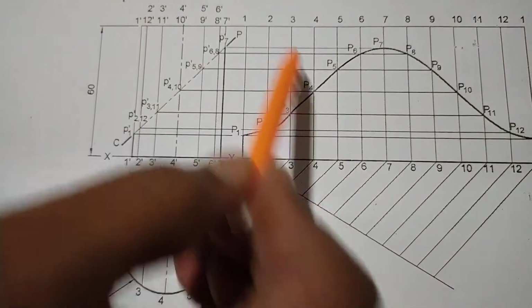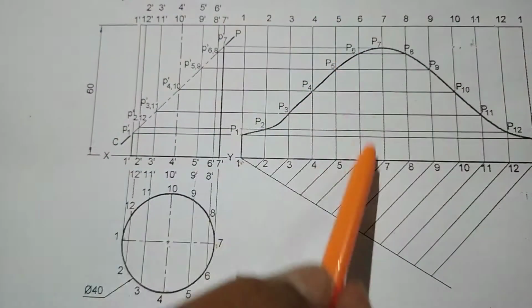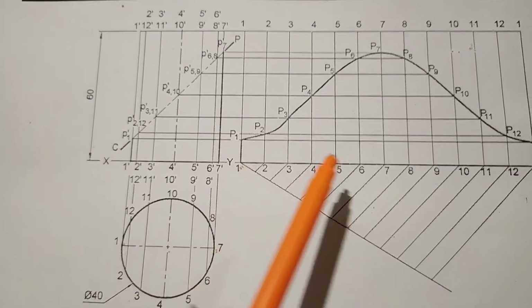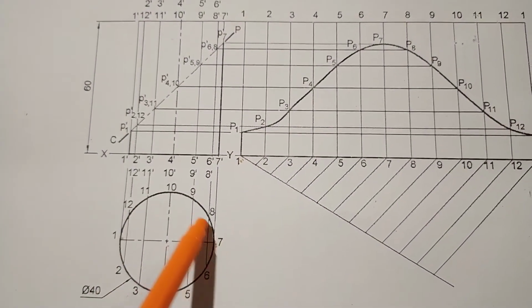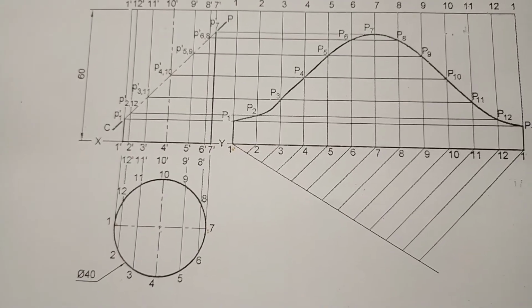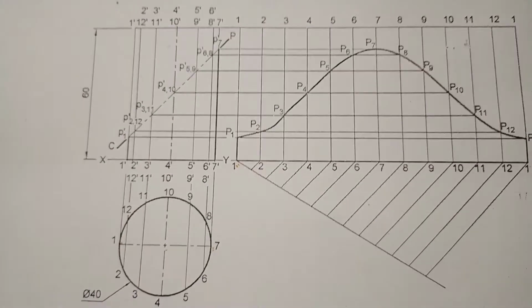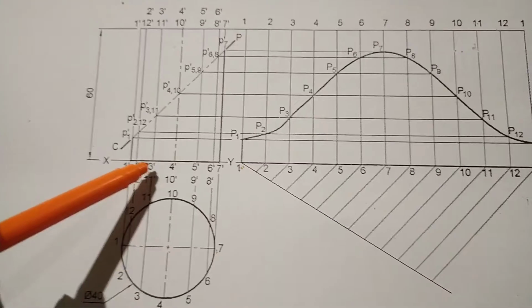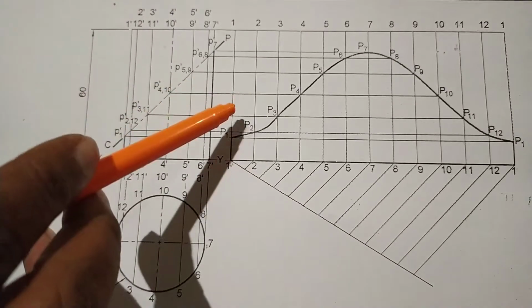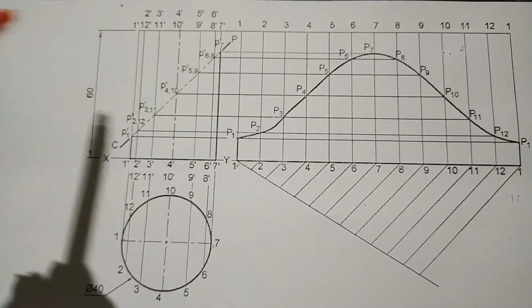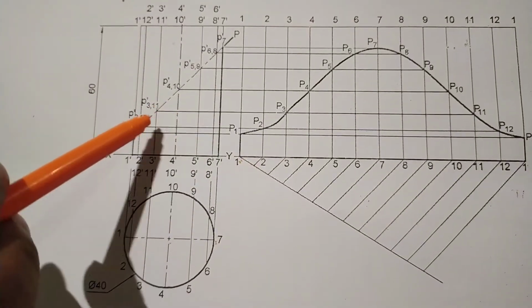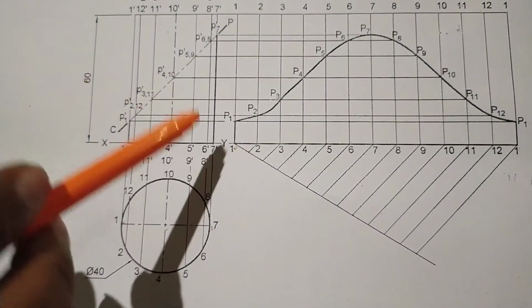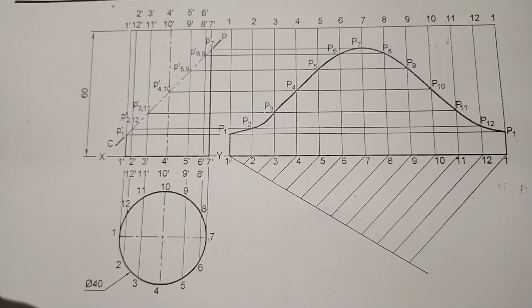Transfer these points in the vertical direction. We will obtain the 12 parts. Why were 12 parts taken? Because the circle is divided into a total of 12 parts. Now, what have we done here? First we drew the top view of the circle divided into 12 equal parts, then the front view, then the development sheet, that is the unrolled sheet for the cylinder. Length is equal to pi d and height is equal to the height of the front view. We have divided it into 12 equal parts. Now we have to transfer these points.